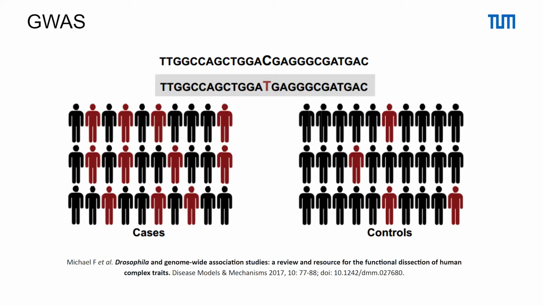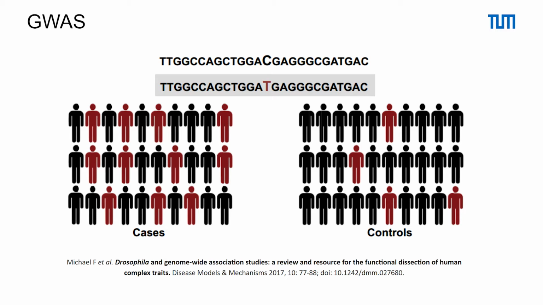GWAS tests millions of single nucleotide polymorphisms, so-called SNPs, to identify possible connections between a specific SNP and disease. In a typical GWAS, samples are either case, with a disease, or control, without the disease. GWAS compare the frequency of an allele in a SNP among case and control samples. A significant difference in allele frequencies over case and control samples signals a possible association between the corresponding SNP and